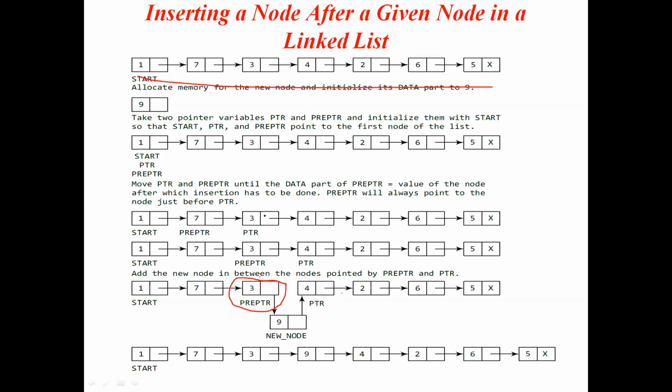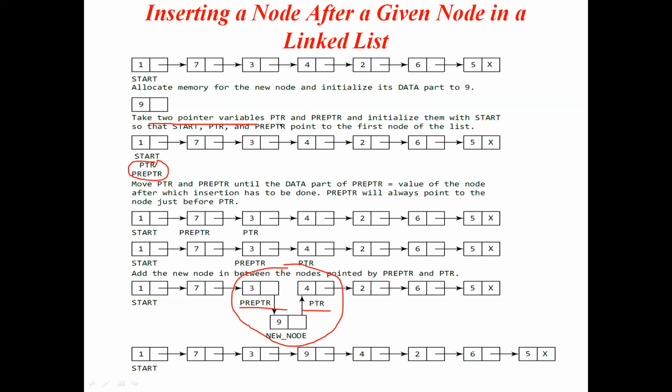So for that, what are the requirements? What are the conditions I have to check? Or what are the variables required? Right. So here we need 2 variables, pointer and pre-pointer. Pre-pointer is nothing but the previous one. From this slide, you can understand which is the pre-pointer node and which is the pointer node. In between, I'm going to insert, we will see how. And also here it is given.